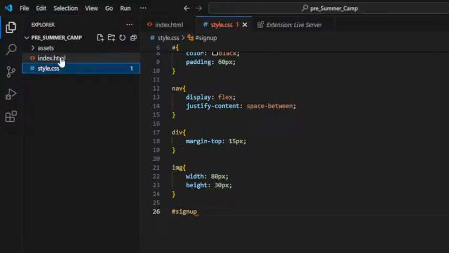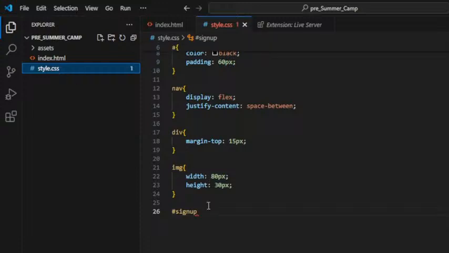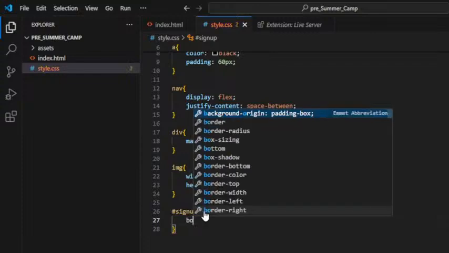Let me double check so I can be sure. That's correct, sign up. And now I'll open my curly brackets so I can begin to define styles for my sign up button. Now the first style I'm going to be adding would be a border. So to do that, I need a border property,